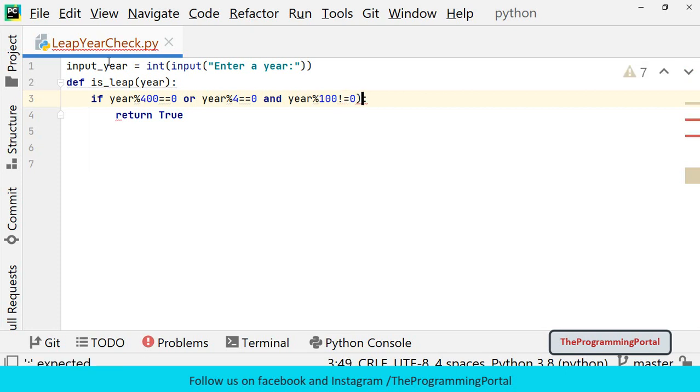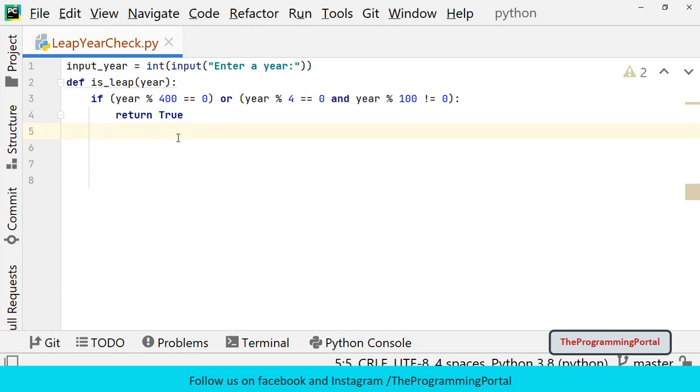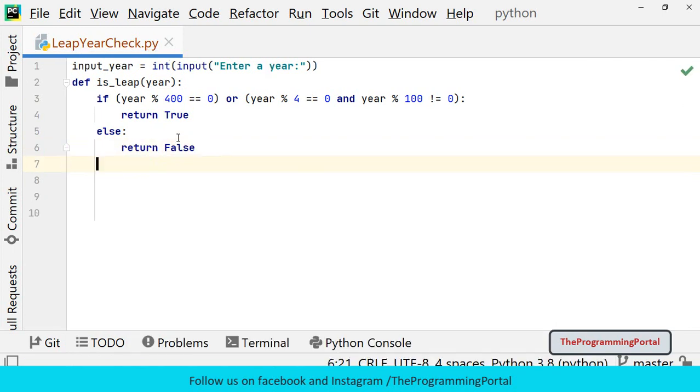And we can combine these two conditions. If either of the conditions is satisfied, then it is a leap year. So we'll return true. Otherwise, it is not a leap year and will return false. So I can write else return false.